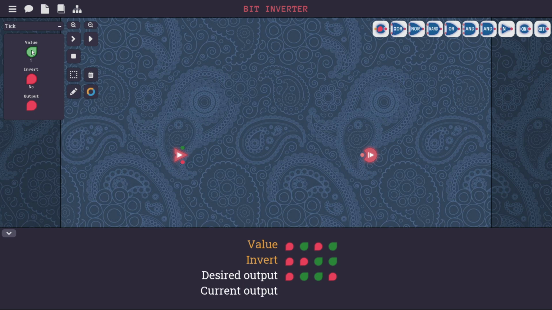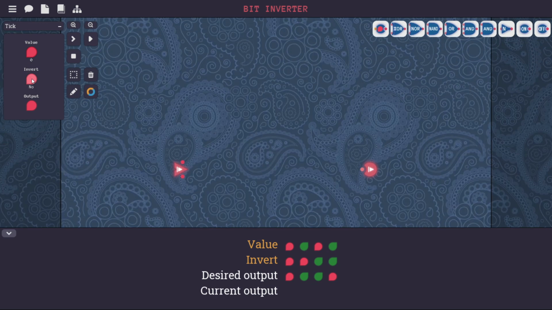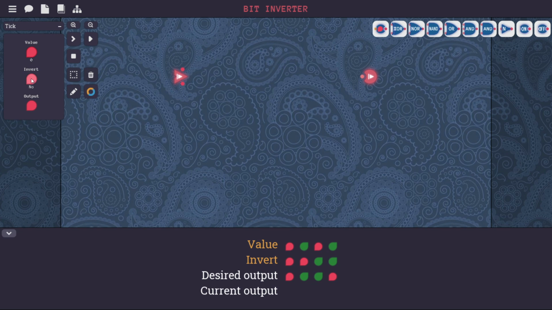Okay, so this is the value. We're told this is a value, and this is invert. Oh, this is like an instruction. So this is an introduction to how computers do instructions. This bit represents a value, and this one represents invert. So if we have this, we have this value, and